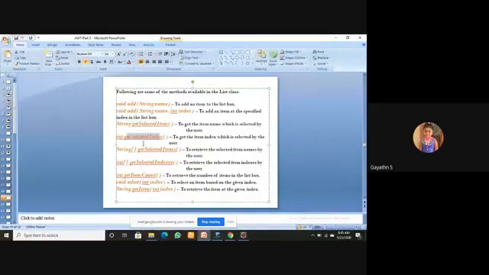Here some items are retrieved. The difference between this and the previous one is that in a list box you can retrieve more than one item, so an array is used. As usual, the item count, select, get items. So a lot of methods are available in a list box.